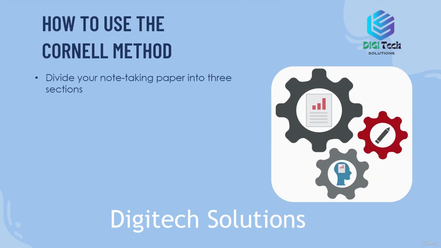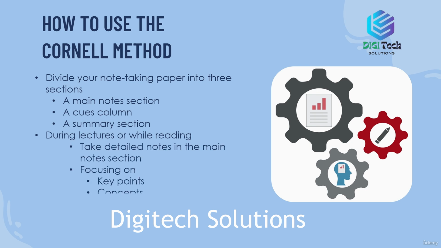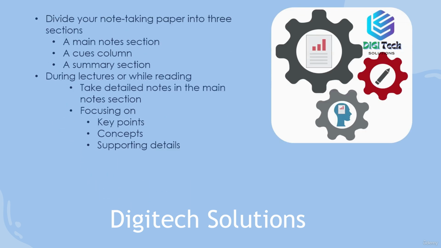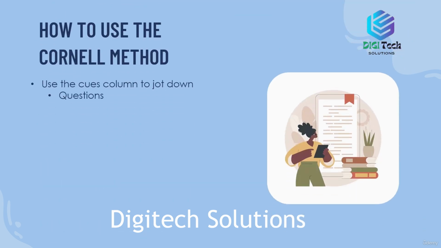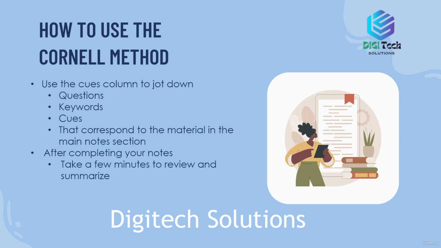Divide your note-taking paper into 3 sections: a main notes section, a cues column, and a summary section. During lectures or while reading, take detailed notes in the main notes section, focusing on key points, concepts, and supporting details. Use the cues column to jot down questions, keywords, or cues that correspond to the material in the main notes section. After completing your notes, take a few minutes to review and summarize the main ideas and key points